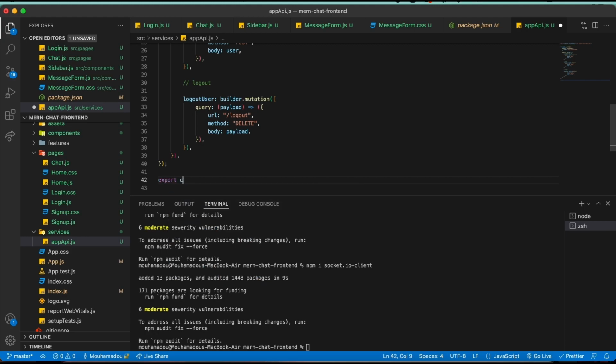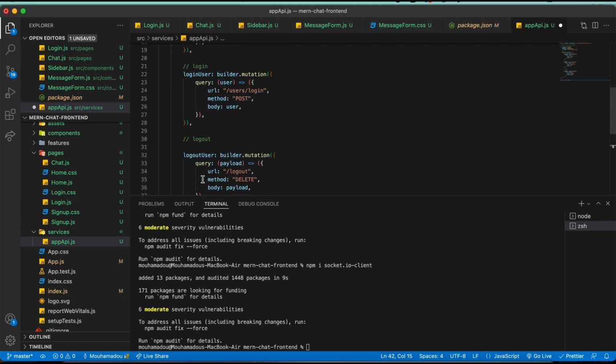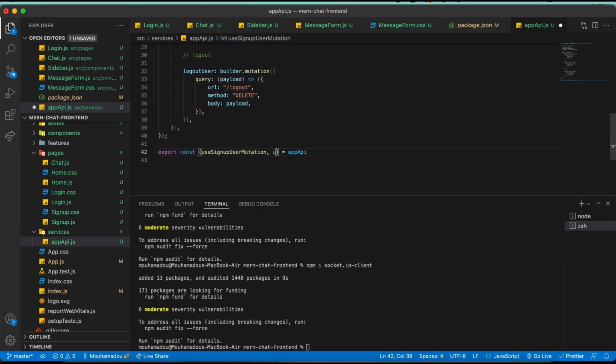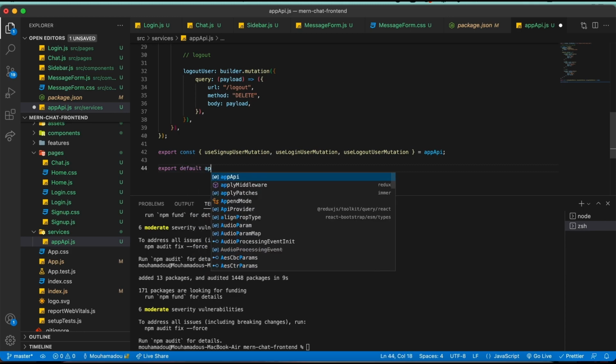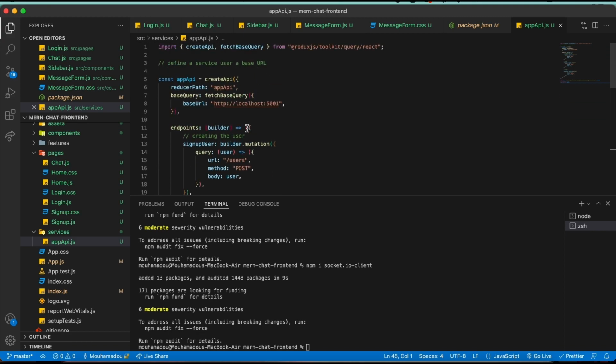We just say export now const equals the appApi, and it gives us automatically names that we can use for each endpoint. So for example, for the signupUser, it's useSignupUserMutation, you see it's created automatically. The same for useLoginUserMutation and useLogoutUserMutation. So that's what we need, and we can say export default appApi. Okay, so this is the service. It's like our API that's going to